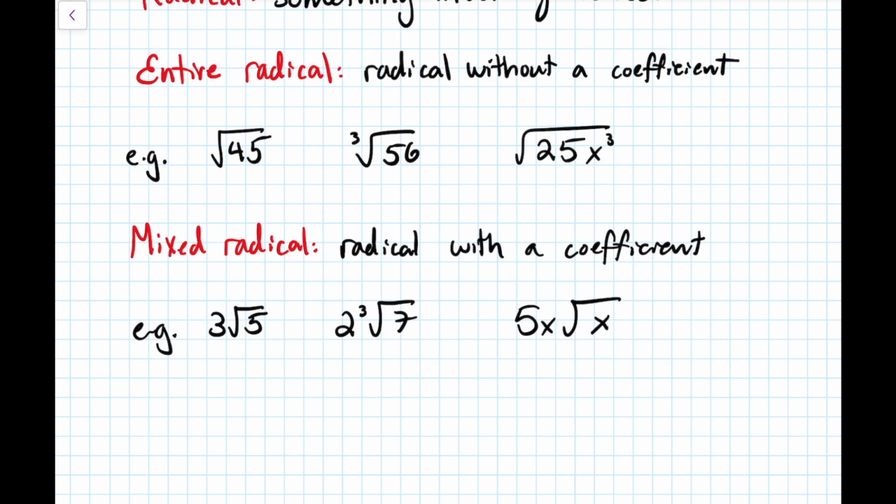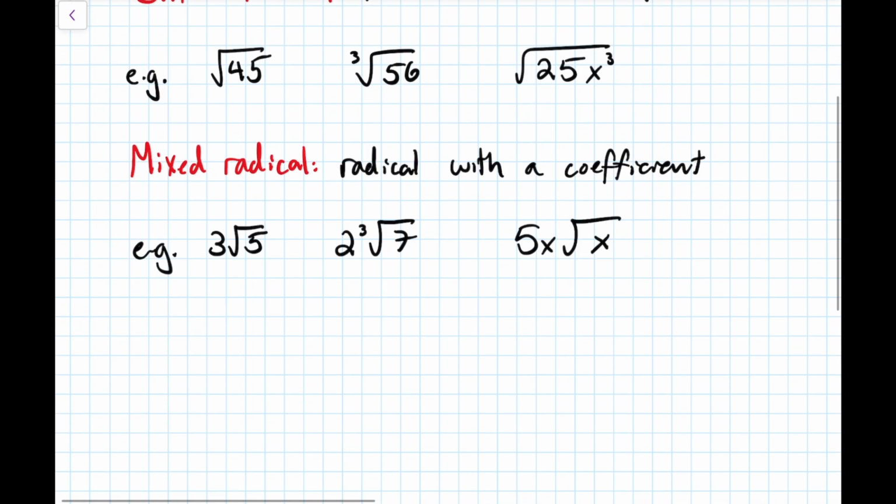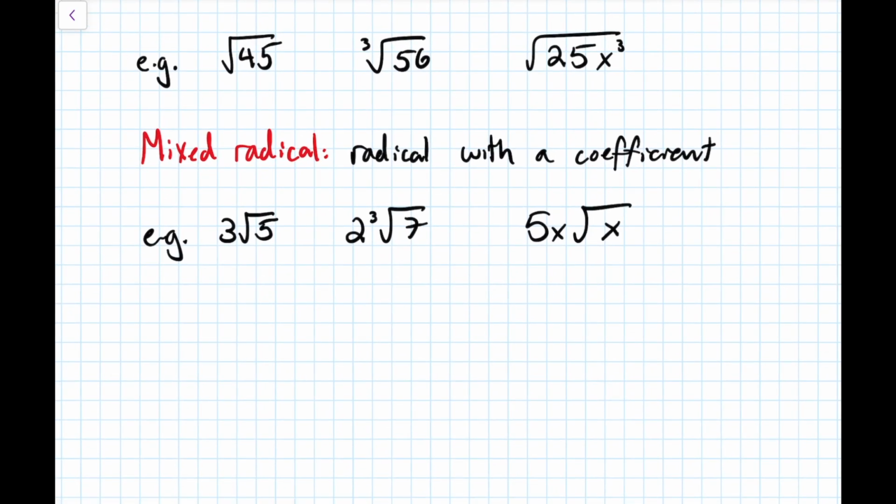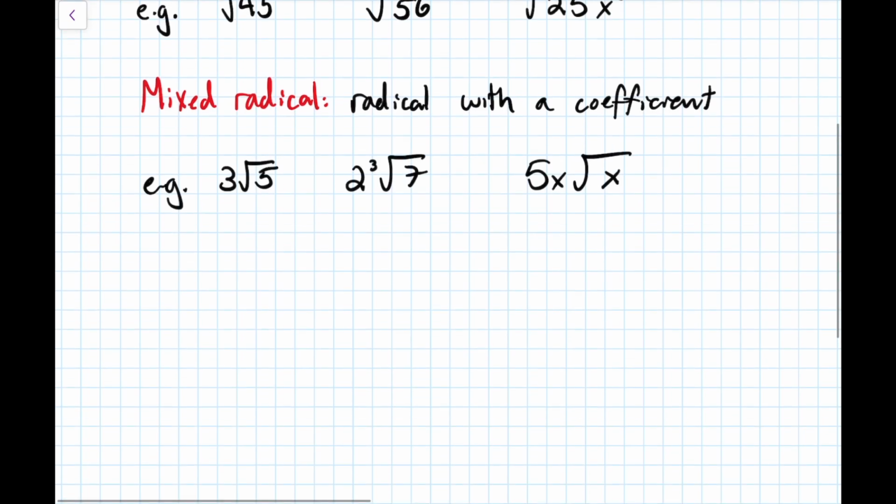And so it's possible to move between entire radicals and mixed radicals depending on what you want to do with them. In fact, the ones that I've listed here are actually the same ones. So root 45 and 3 root 5, those are the same. These are the same. These are the same. So you can represent them differently depending on whether you want to, say, add and subtract, multiply and divide, solve equations, and stuff like that. We're not going to get too in-depth with these this year. Pre-Calc 11 spends a lot more time focusing on radicals, so this lesson is just a gentle introduction